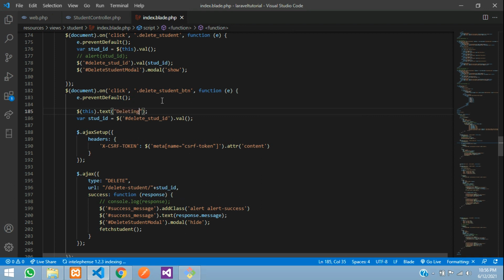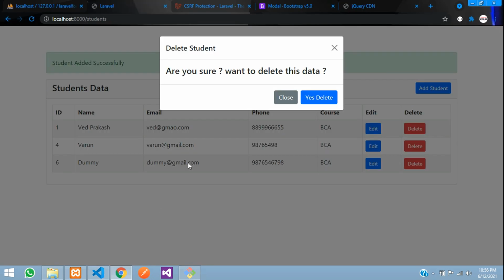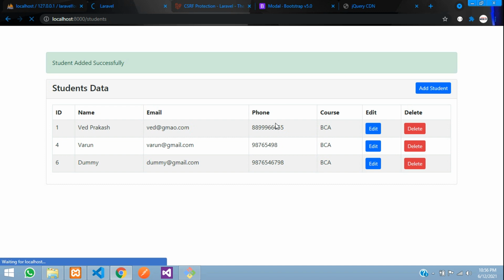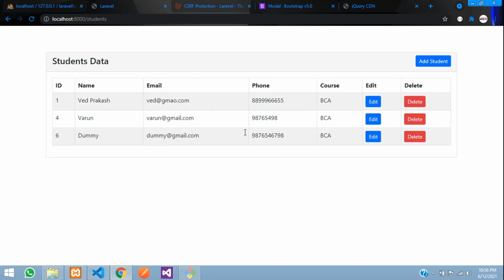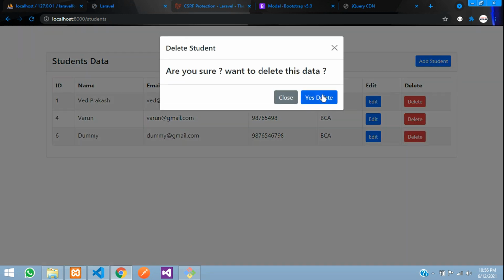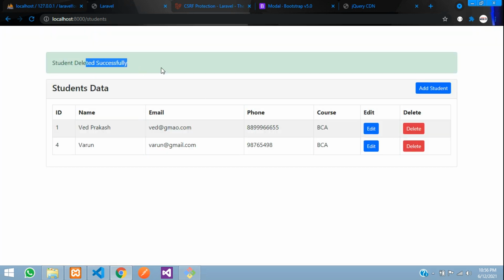Same thing you are going to copy and paste after this function, and copy this button name and paste it and make it the same thing as it was, yes delete. Save it. Let's refresh, and now guys, let's see the output of this. Now from yes delete it will start showing deleting. Click, it's deleting, it's deleted successfully.